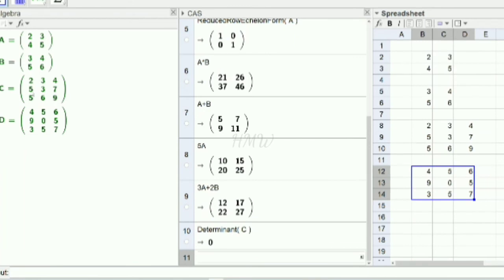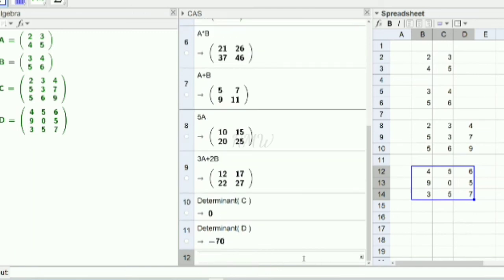The determinant of the matrix C is 0. Determinant of matrix D is minus 70.